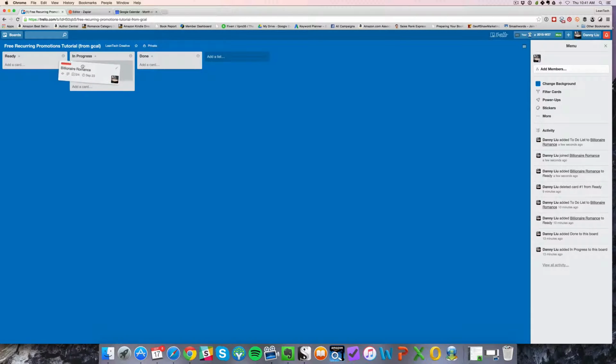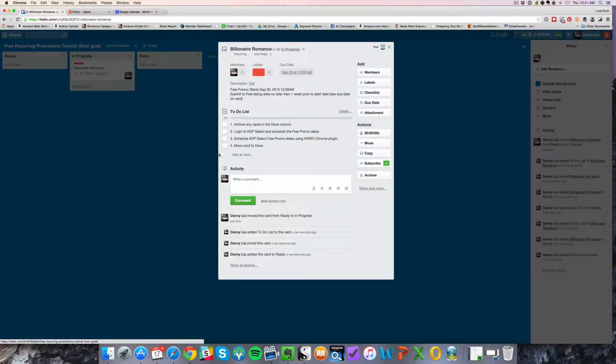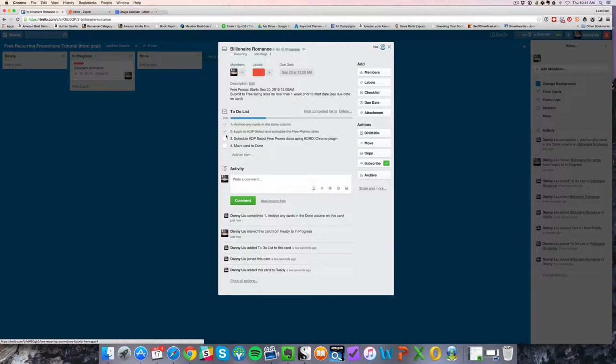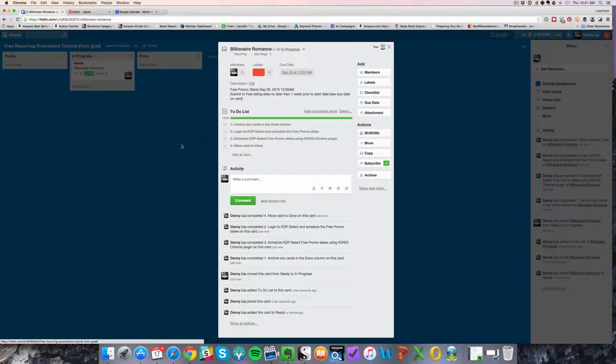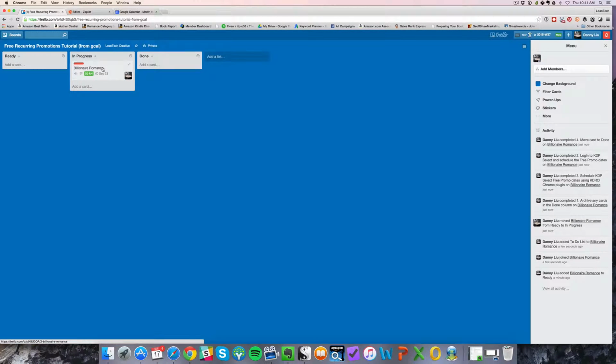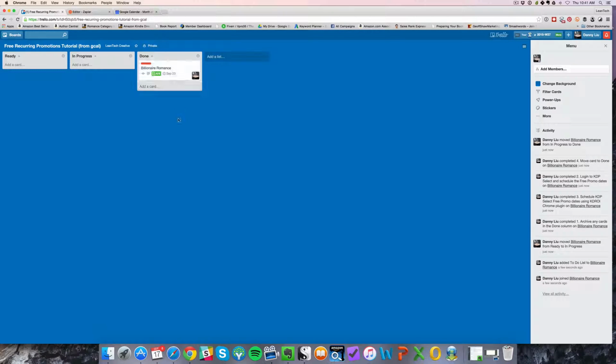And then they'll just pick it up, move it in progress, and when they are finished with all the tasks that are in there, if you have any of those, then you just move it to done, and that's it. And that's how a recurring event for a book, for a recurring promotion, would happen in an automated fashion, utilizing your Google Calendar,